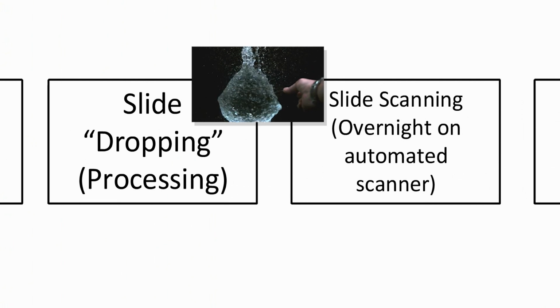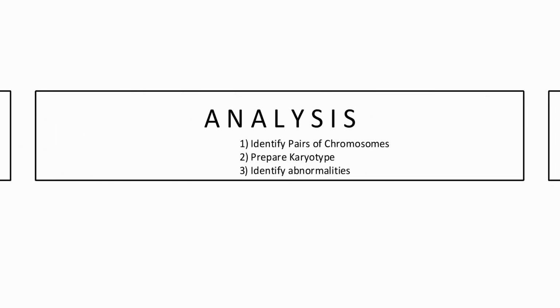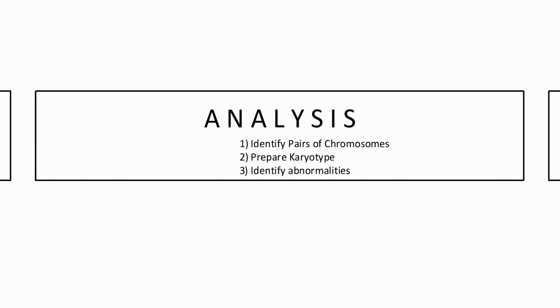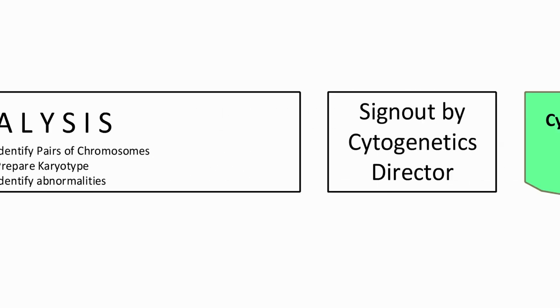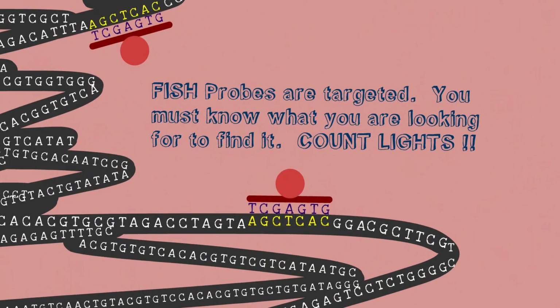Now, with better technology, we fix slides that disperse the cells with heat and humidity to control the cell spreading process, offering a good spread of the chromosomes. Then, they're scanned overnight and are finally analyzed. That means all the chromosomes, the pairs of chromosomes, are identified, isolated, separated, and arranged in descending order from largest to smallest, a process we call karyotyping. Finally, abnormalities are identified and ultimately reviewed by the cytogenetics director and signed out. That concludes cytogenetics. If we continue to go deeper into the chromosome, we can then study abnormalities in the sequence